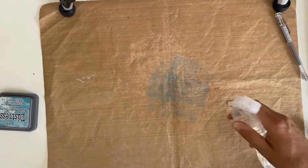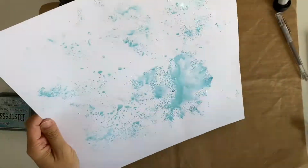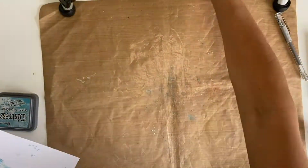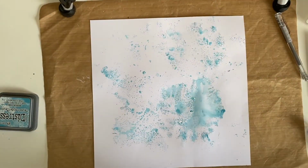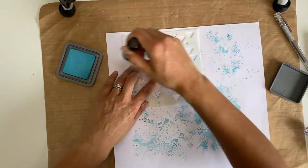I have dried it off now and put it under a stack of papers so that I'll be able to use it, but there's no way I could use it for this layout. Obviously the more water you use, the more dilute the colour is going to be. So I've done it again and used a lot less water, no gesso still because I'm lazy, and